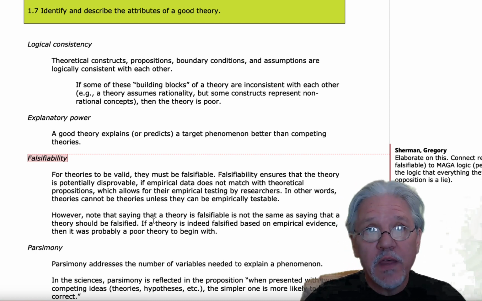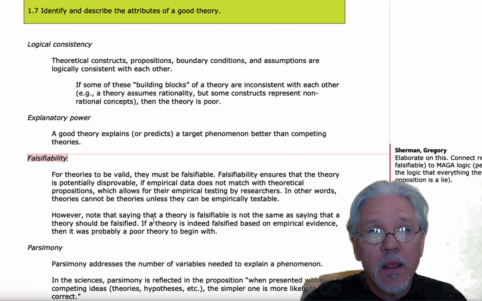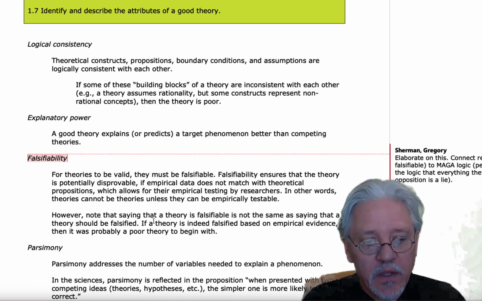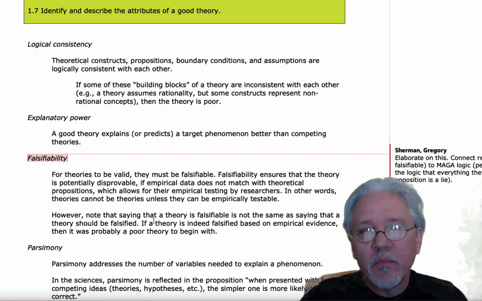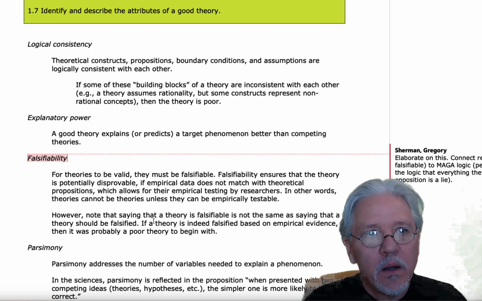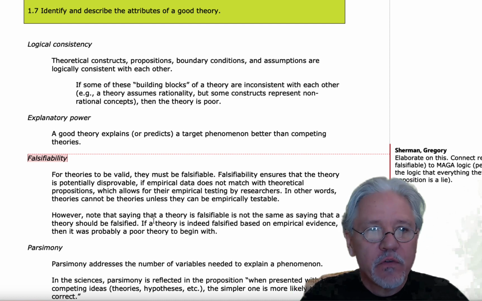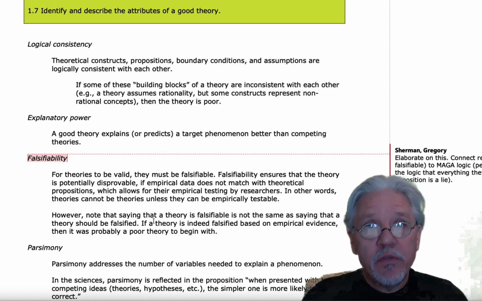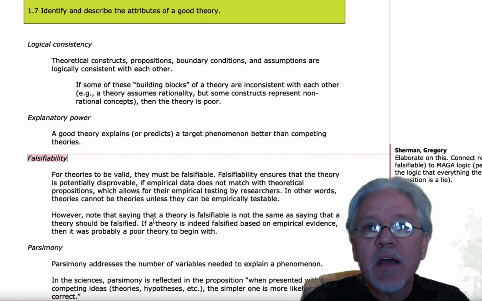It just means that it's very hard to falsify the assumptions that people might make about the truth of their religion if it always comes back to, well, it's true because I believe it's true, and that's faith. Again, there may be a fundamental truth there, but because you can't falsify it,